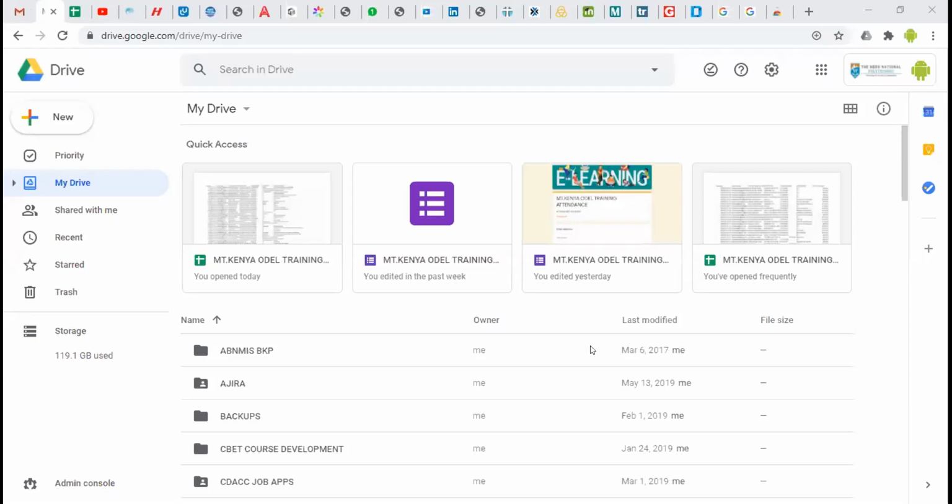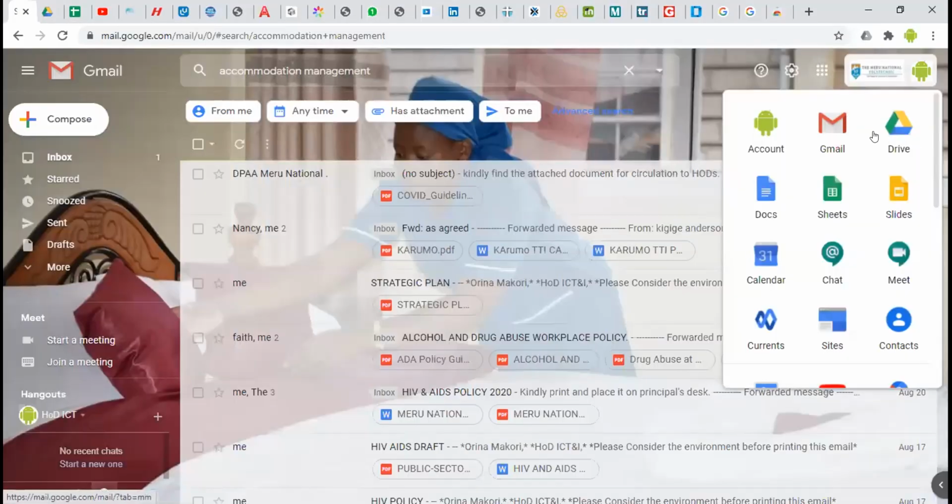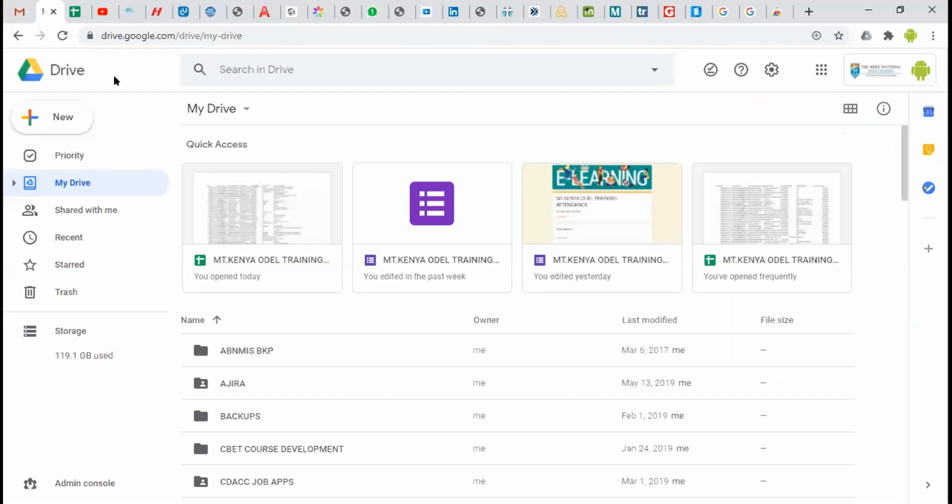So as you can see, I am on Drive, and we got Drive from here. So we clicked on Drive, it opened this. Once it opened, we can see the left-hand side has the options.